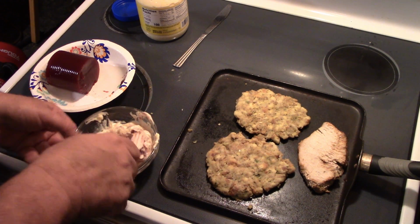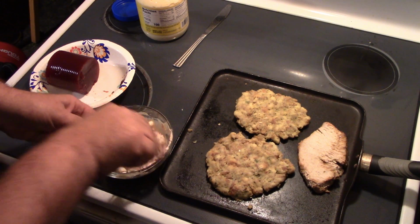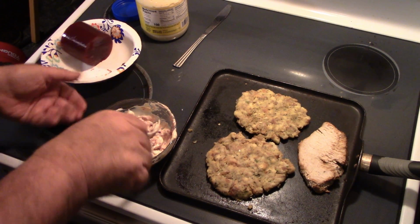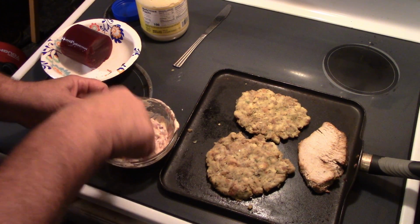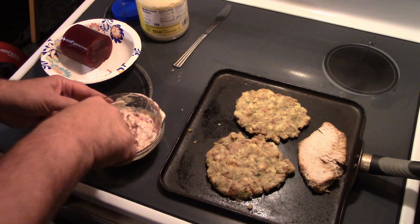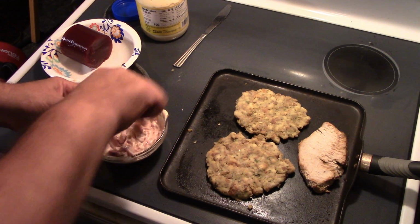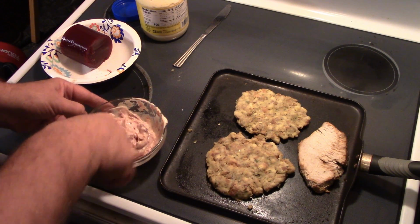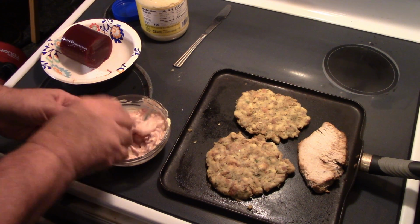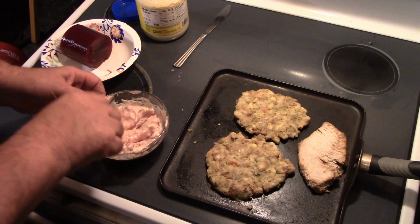And honestly, this is a lot better than it looks. I was really skeptical the first time I ever tried it, you know, because I do like mayonnaise and I do like the cranberry, but I didn't know how it was going to be together, and it is awesome. Just keep kind of smushing that up. You want a few little chunks of the cranberry, but